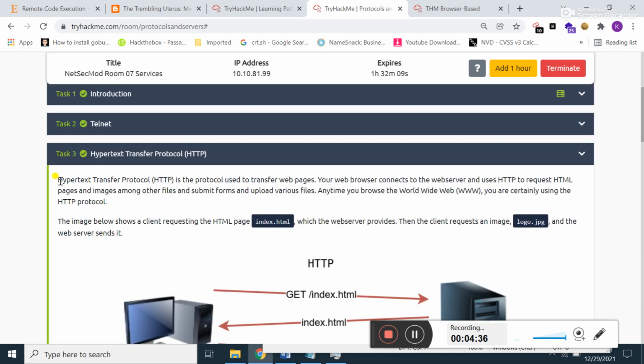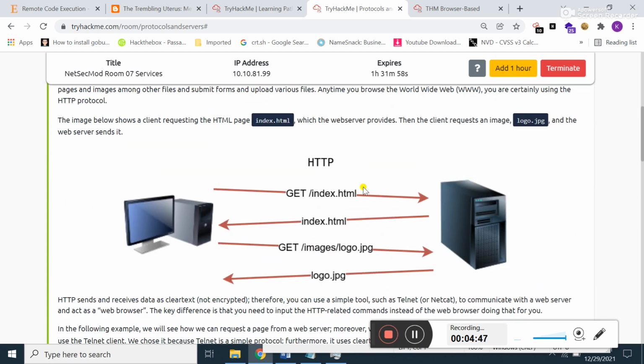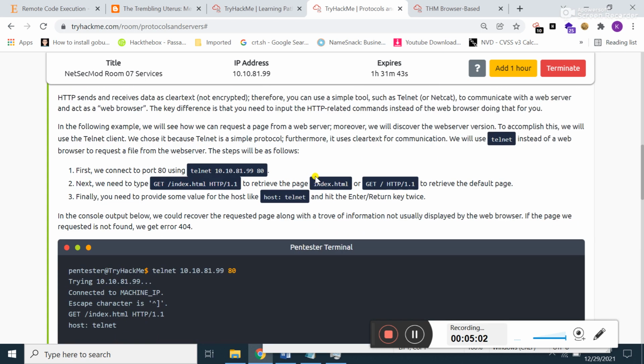Okay, guys, basically HTTP is the Hypertext Transfer Protocol, and it is used to transfer web pages. Here you can see a picture in front of me, and a client and a server are present here. If a client needs any document, then obviously it will send a request to the server in order to get this file, and the client request goes through the HTTP protocol.